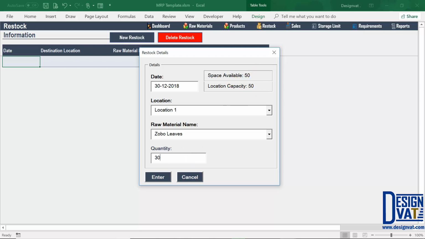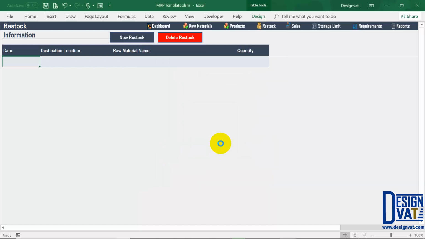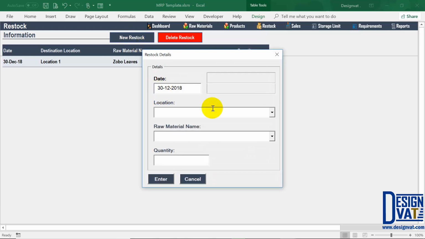So I can go ahead and enter 30, click on enter, and it's going to store that transaction because 30 is within my storage capacity. So you notice the first row is automatically populated, the date of the transaction, the location, the material, and the quantity. Now if I click new restock again, and I repeat the process, selecting location 1 and Zobo leaf,